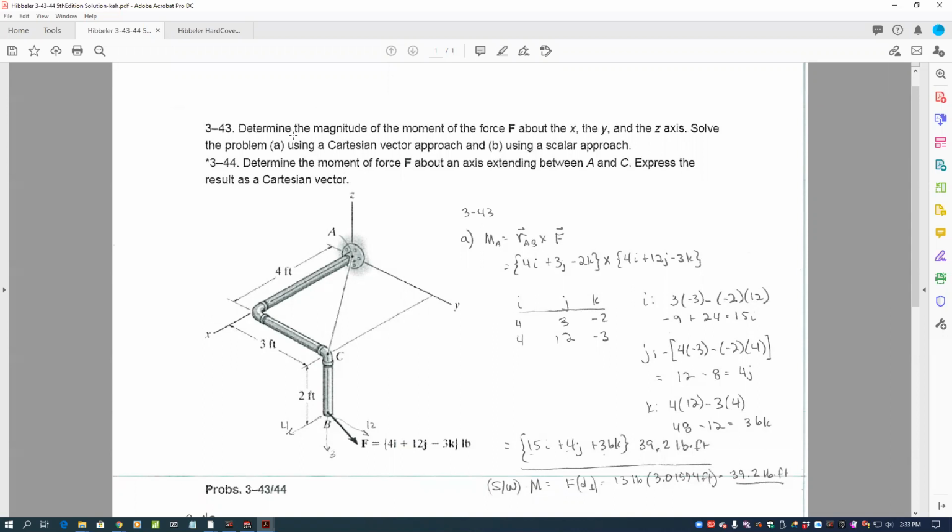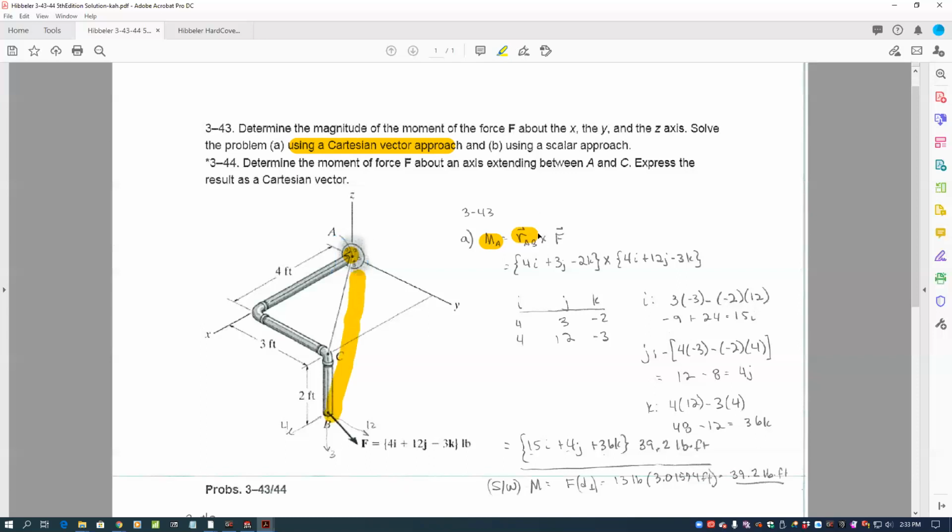It says determine the magnitude of the moment of the force about the X, Y, and Z axes. Solve the problem using the Cartesian vector approach and the scalar approach. So for the Cartesian vector approach, we want the moment about the origin to be the position vector from A down to B,